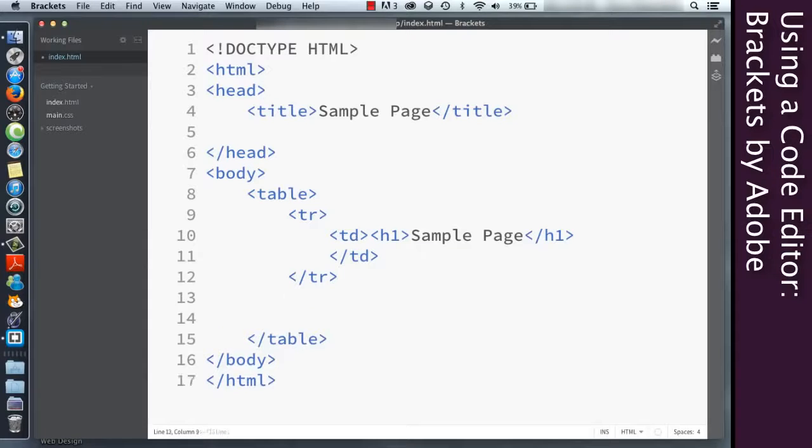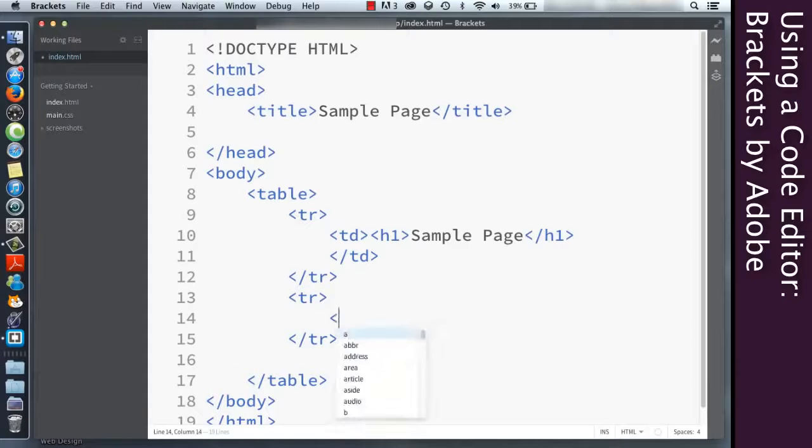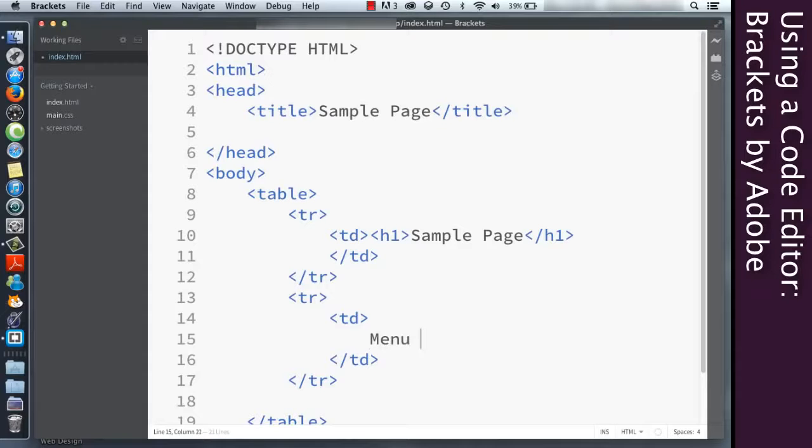I'm going to go ahead and make a new one. Notice it didn't indent here because I did it at the end of this TR tag. Pressing return here, once again, we get the indentation. So it's a pretty intelligent little program that's done some pretty cool things. We're going to pretend that this is like a menu. And we're just going to create some dummy text.